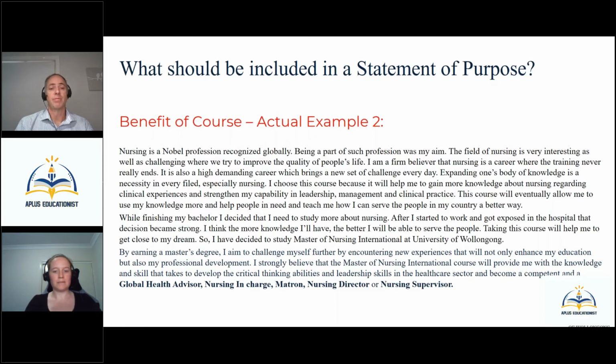So the top paragraph of this example refers to probably a more general view around nursing, but then as they get further through the response, there are a lot more specifics about the particular roles that they would be looking to move into. And again, we're comfortable with this aspect of the statement of purpose when taking into account all of the remaining aspects as well.